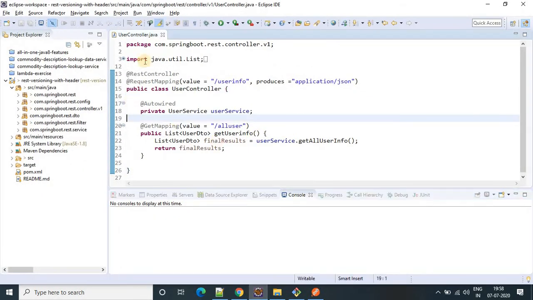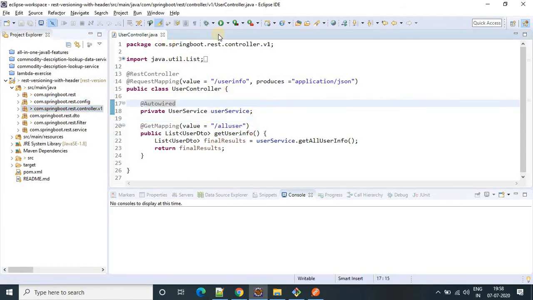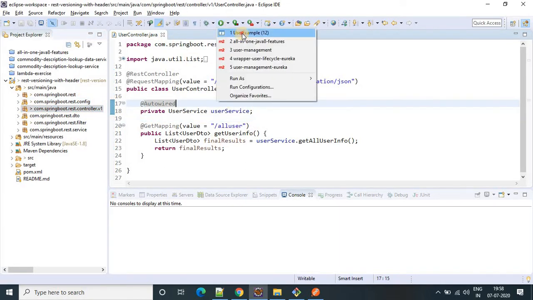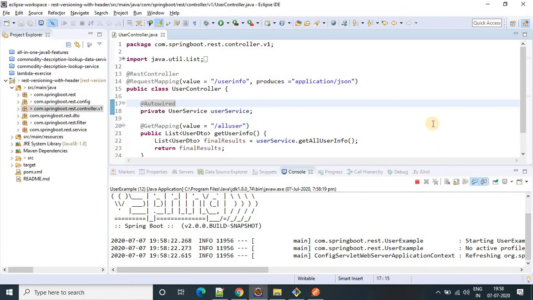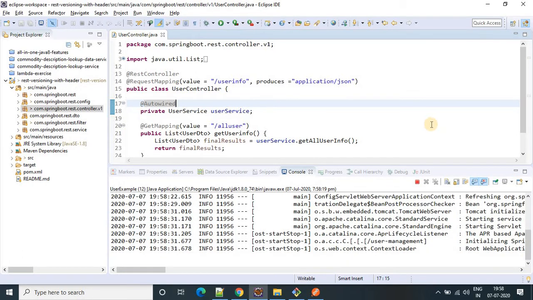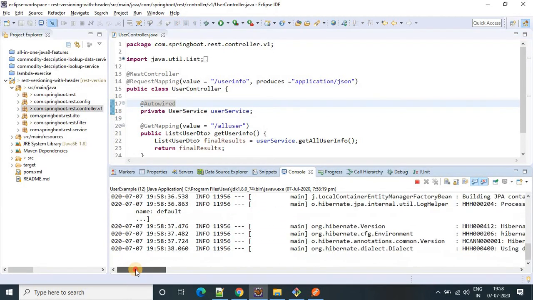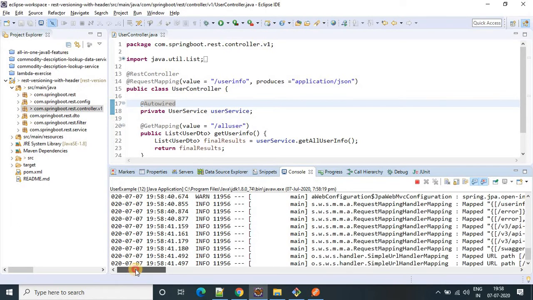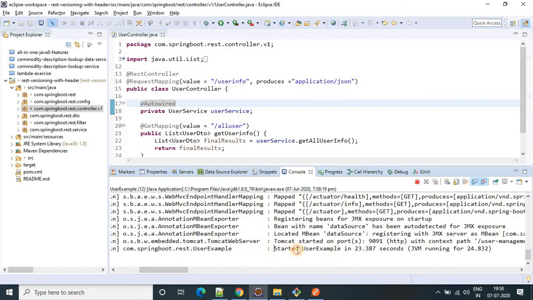So this is my skeleton. I have a controller, service, and DAO config class. Let me run this application and we'll see how my Swagger looks. Okay, the application got started.